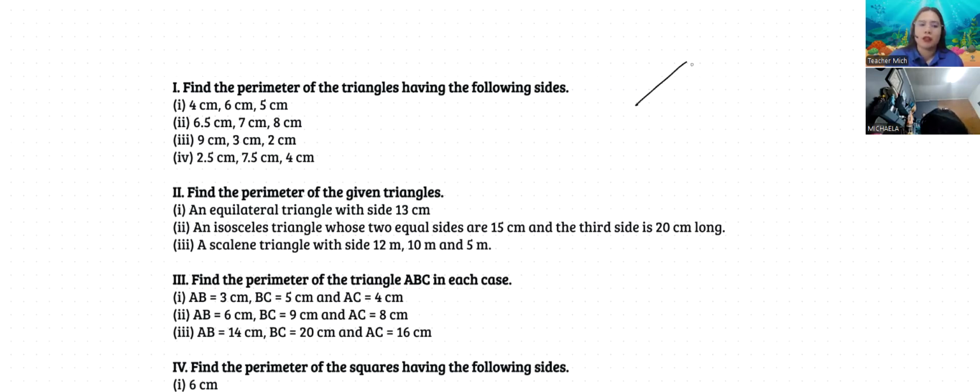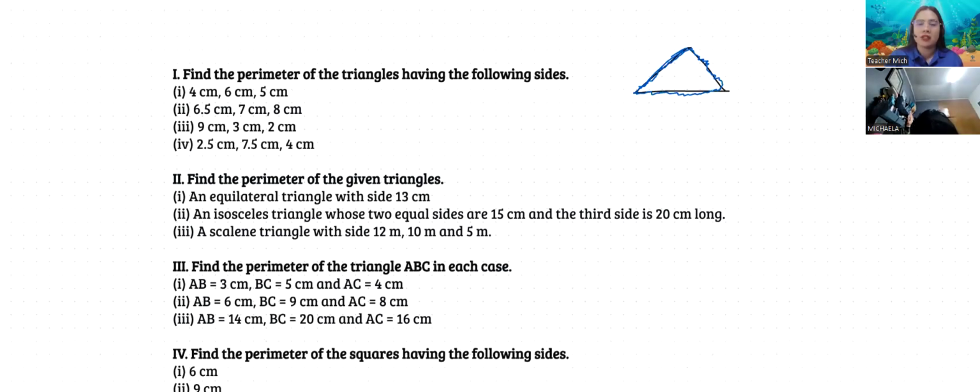So if we're pertaining to a perimeter, this is just the edge of our polygon. So this is the perimeter. This one, and then this one, and then this one. So just the edge of the given figure. So how are we going to solve for the perimeter of a given triangle?